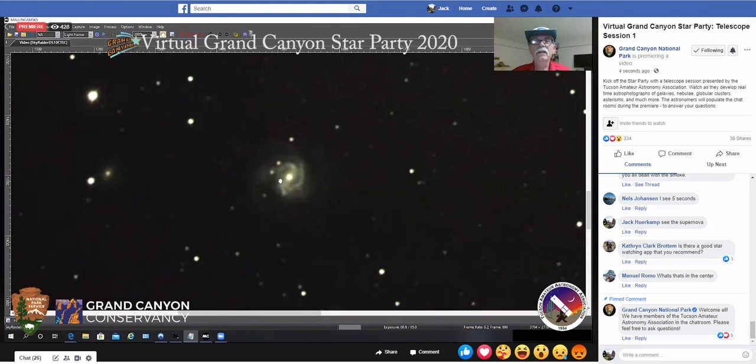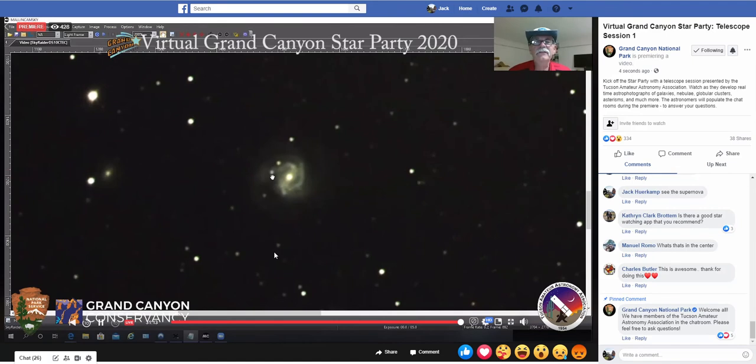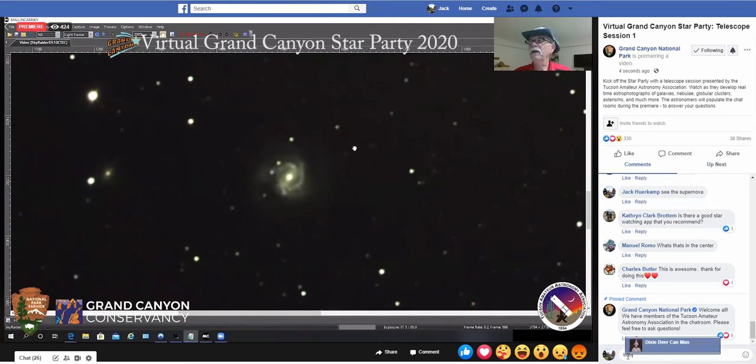Now, why can we see a star in M61 when it's so far away? Well, the reason is that it is a supernova. That star in this arm of M61 went supernova on the 6th of May. So it is a relatively newly discovered supernova. And right now it's bright enough that we can see it with the use of a good telescope. In fact, if you have your own telescope and you can find M61, you can try to spot that supernova